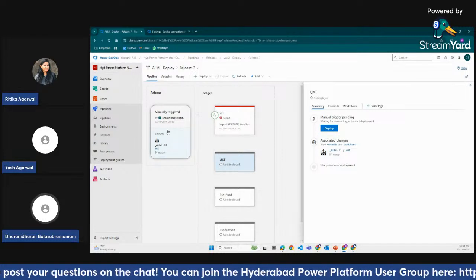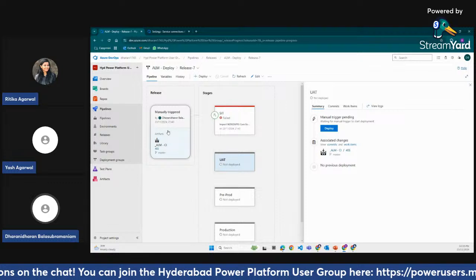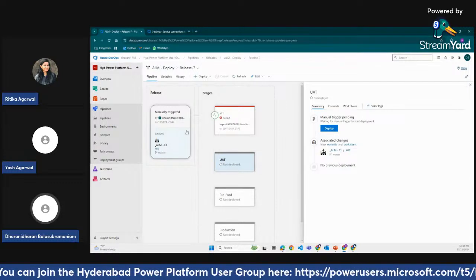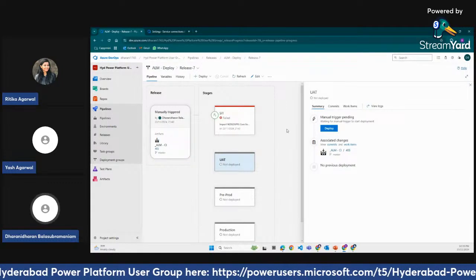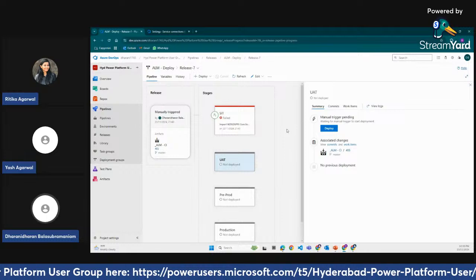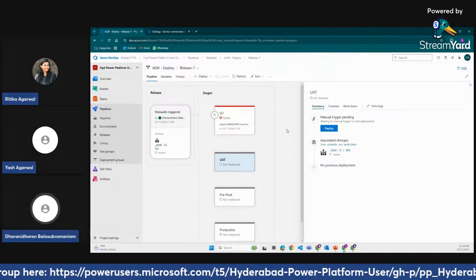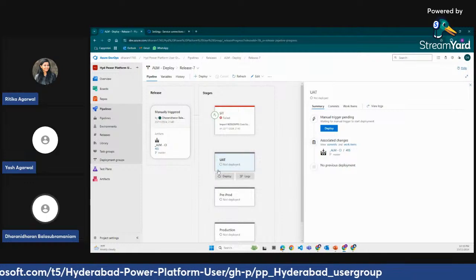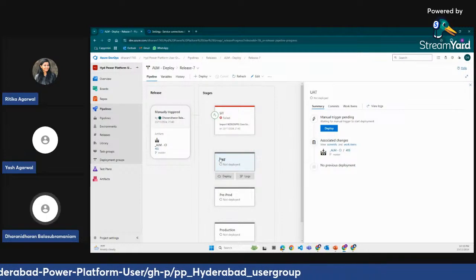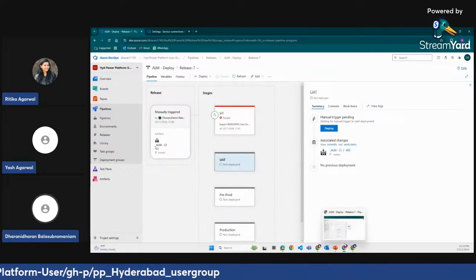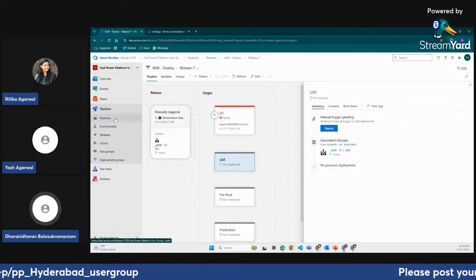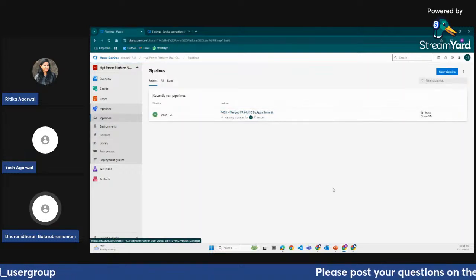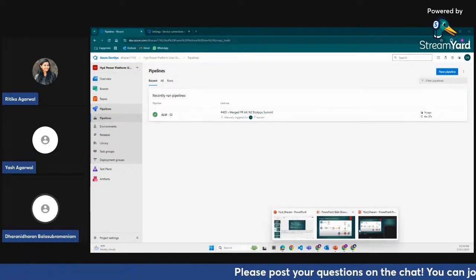even though your environment has untested customizations, they still won't go to the other environments, because the solution won't be exported each and every time. Whatever is already packed in Azure DevOps, whatever has been quality tested, only those things will be picked and deployed to the target environment. So this is the quick demo of the build and the release pipeline.